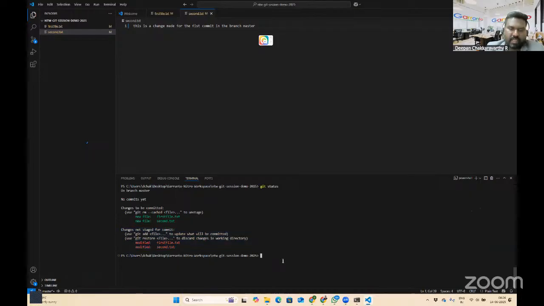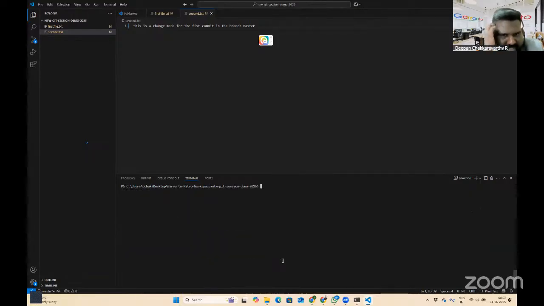So how do I do my commit? Typically it is simple. I need to stage all the changes and then I need to commit. So how do I stage the changes? I make changes, then stage the changes. Either you can choose them individually depending upon your use case, or you can stage all the changes. I need to make some change, I need to stage that change. So this is called staging, and then I need to commit.